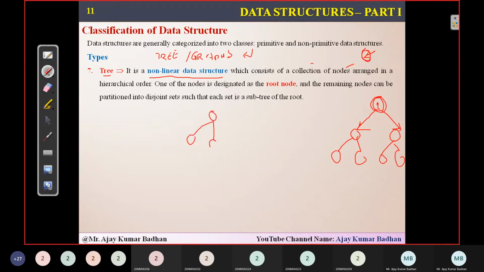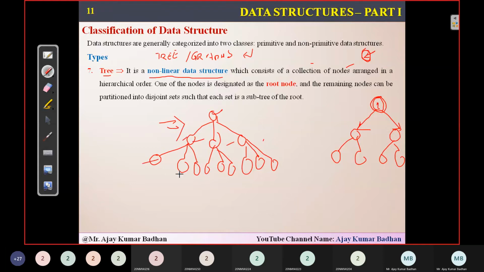That is not something new; it is a concept taken from this tree structure. One person is going to help three people, and another person is going to help three people. In this way they help rather than expecting a thank you from them. The same thing is implemented here in the tree.